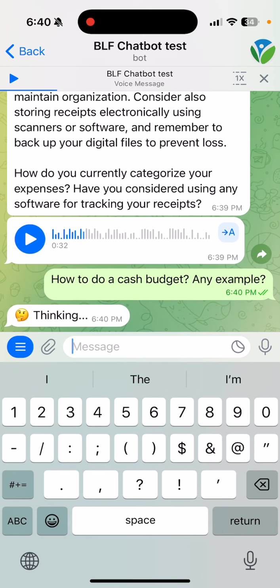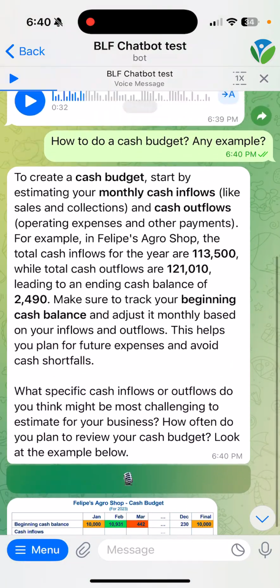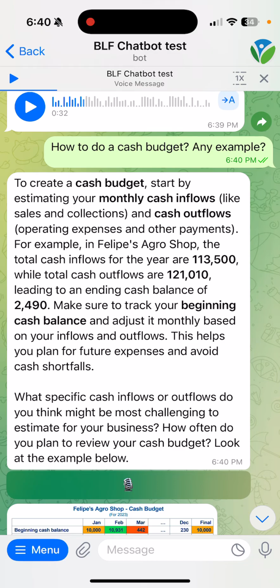Because in the Better Life Farming learning course, we have a very detailed course focusing on cash budgets, and there are a lot of templates and examples provided in the learning content. I want the chatbot to not only give me an answer on how to do a cash budget,